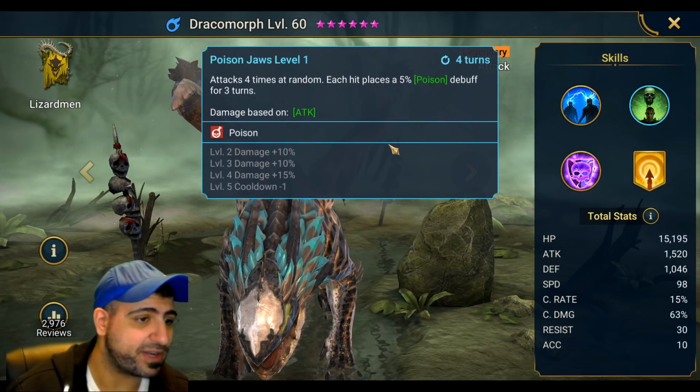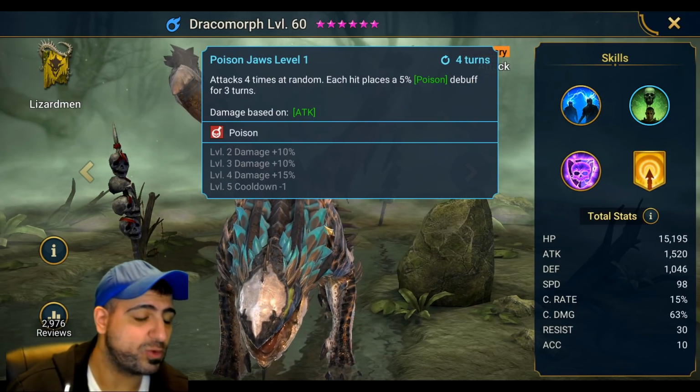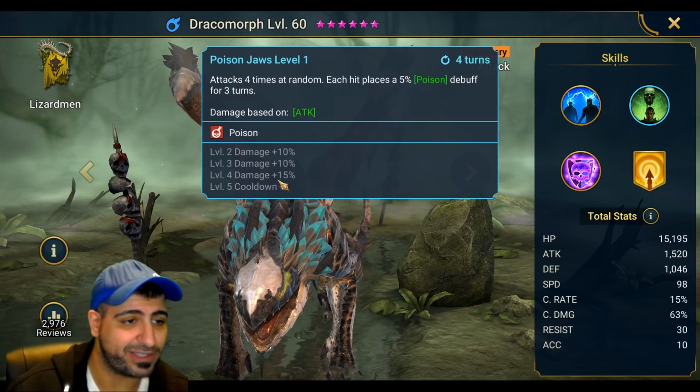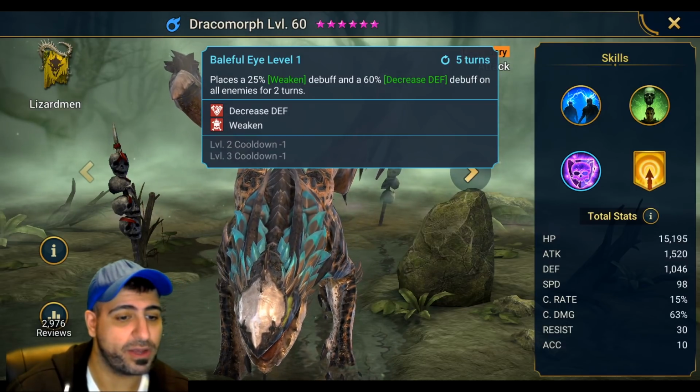So he attacks 4 times at random. Each hit places a 5% poison debuff for 3 turns. That is actually amazing. It's a 4-turn cooldown, but when you book it out, it's going to be a 3-turn cooldown, and the damage increase is pretty big. 10%, and 15%. So his A3 ability is actually one of the best in the game for placing weaken and